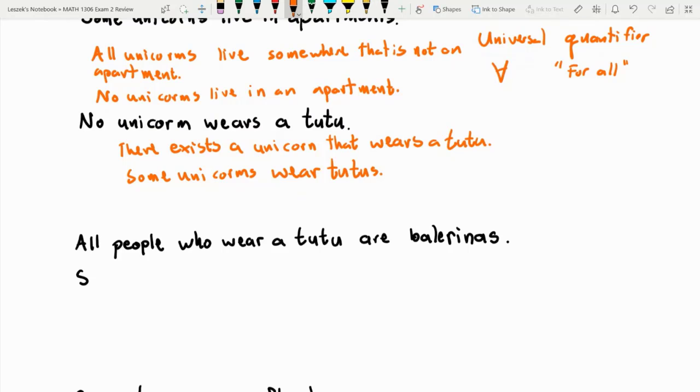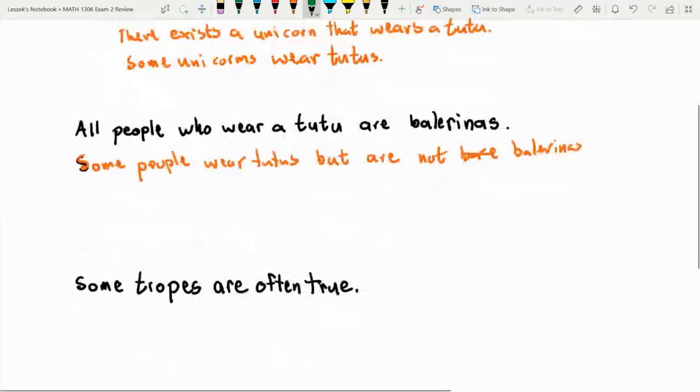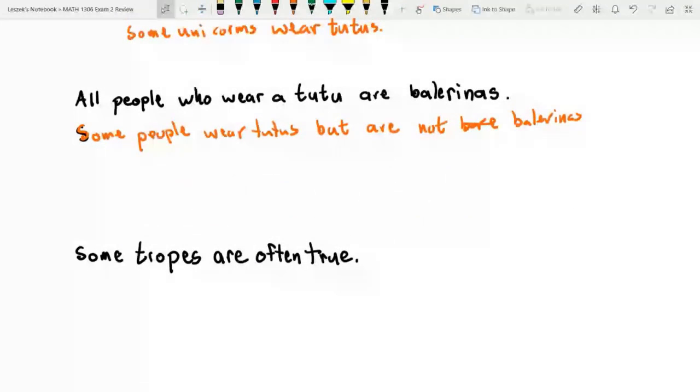So some people wear tutus and are not ballerinas, or you can use the word but equivalently, right? But and and have the same logical function. It's a conjunction. Some people wear tutus but are not ballerinas. Oops, I misspelled ballerinas. So here we could make this maybe clear by realizing that this is an implication,